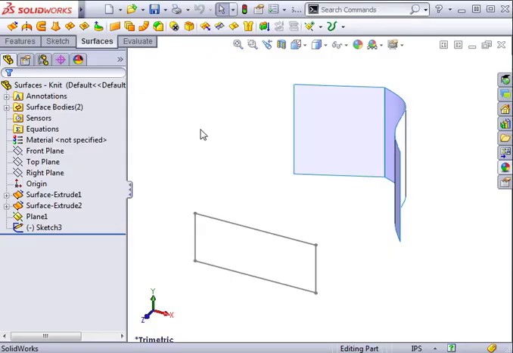Knitting is a necessity when working with surfaces. Unlike solids that are smart about what faces and edges belong to them, what volume is inside versus outside, surfaces live in their own individual worlds. Unless you tell a surface that another surface is nearby, it has no idea and will act as if other